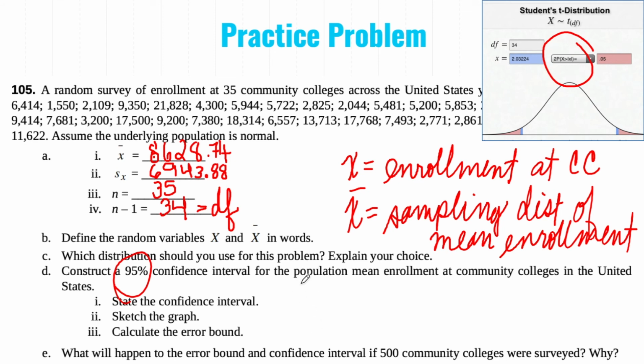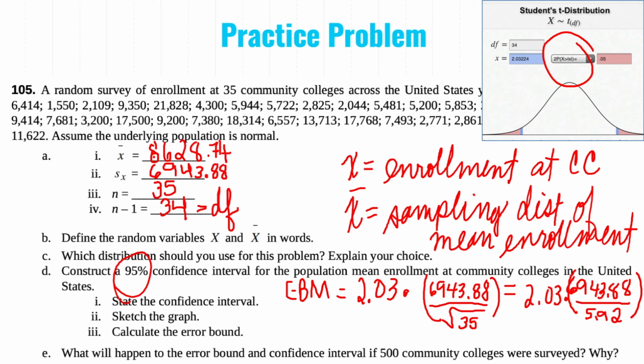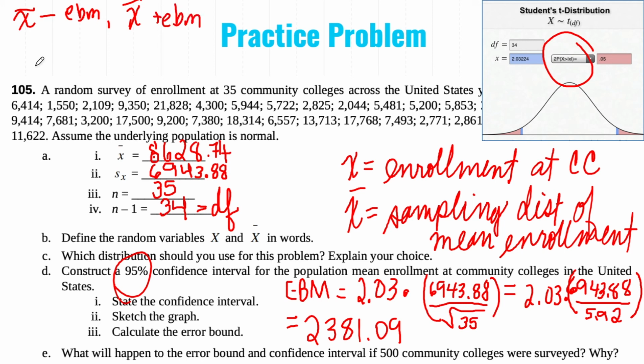Now let's calculate our error bound. Here's the calculation. So I simplify this and I get the following answer. So we know that our error bound is 2,381.09. How do we then create our confidence interval? I'm going to go up here because there's a little space. We need to take x-bar minus our EBM, then x-bar plus our EBM. So 8,628.74 minus 2,381.09 is, and 8,628.74 plus our error bound of